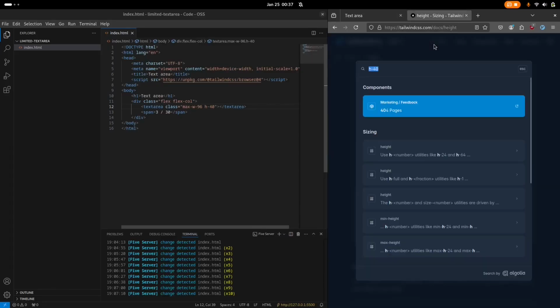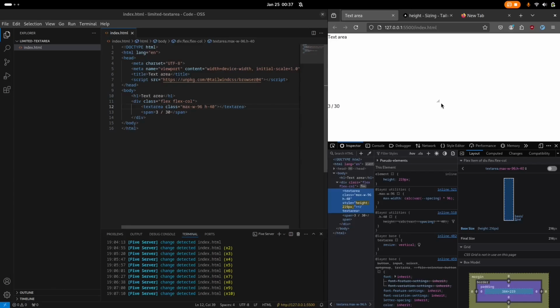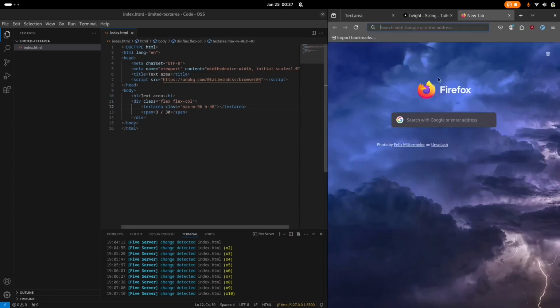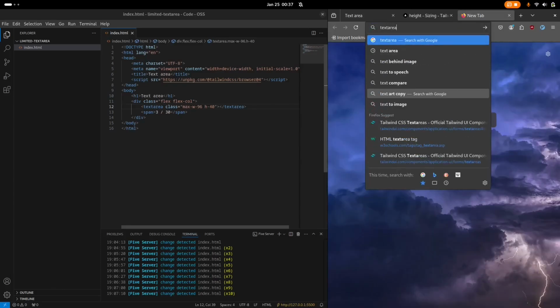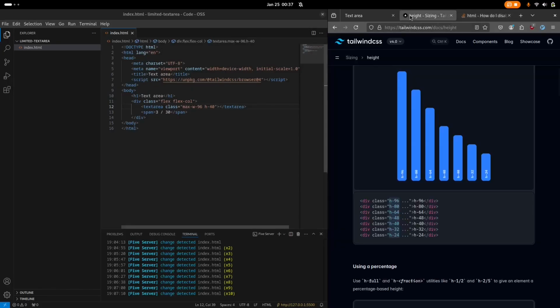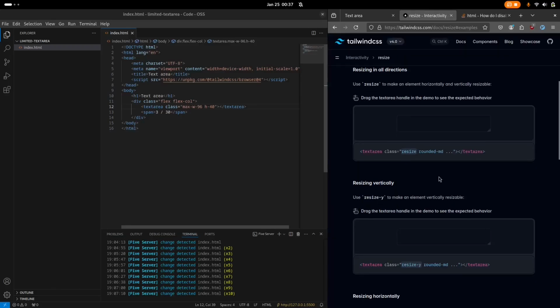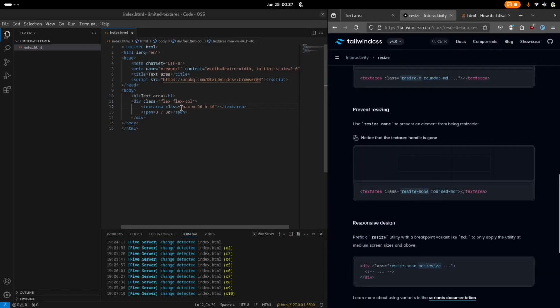Also, I would like to disable the resize of this text area because it is annoying and we don't actually want our users to be able to resize this. So let's see, text area, disable resize, resize none. So okay,